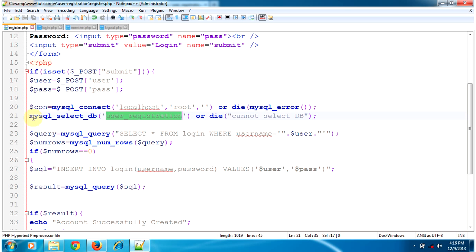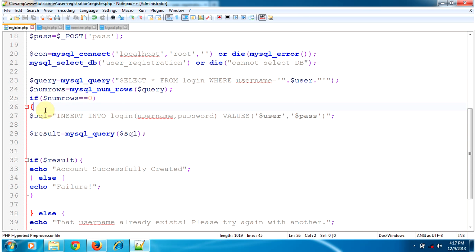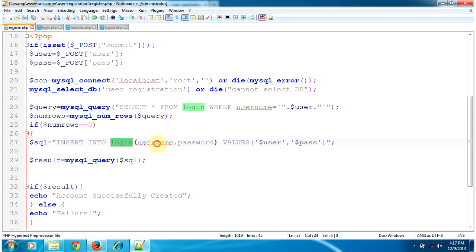First we will connect to the database using MySQL connect. Use your host name, DB username and DB password here, and after connecting to the database you will select all rows in the login table where username equals the username which we have entered. If it is 0, that means the user does not exist in the database. Then we will insert the username and password as a new user into the login table,